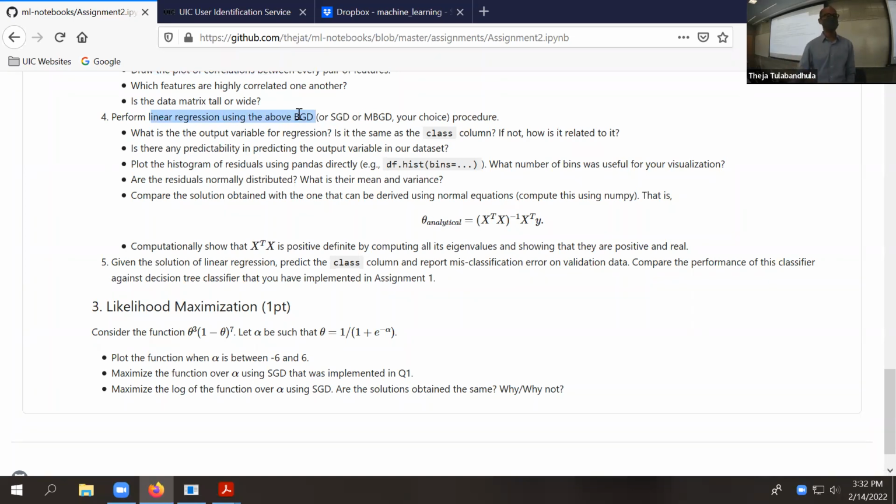Okay. And then once you do that, you can do some model diagnostics. There are some questions, it seems a little bit open-ended. It's just asking, what is the output? So just try to reinforce what you already know. It's just trying to ensure that you are on the right track.